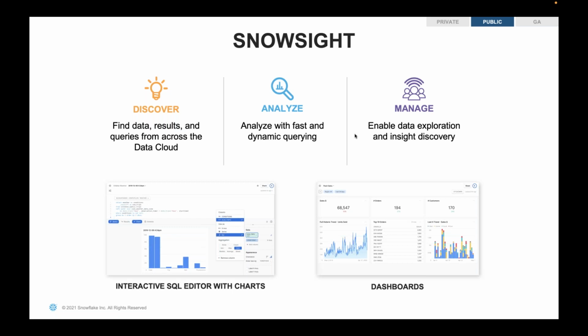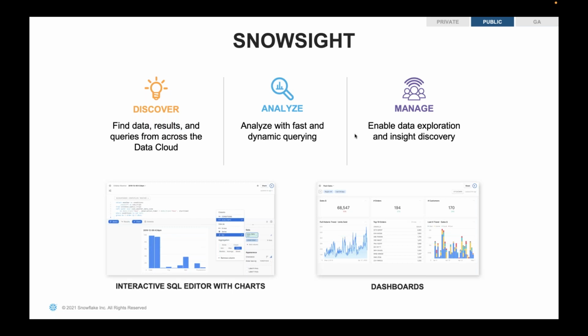You don't have to worry about bringing up any of the tools, right? It is free of cost, this own UI. So there are two UIs, which are called the classic UI and Snowsight. Now, what does Snowsight give? Snowsight provides you an interactive way of creating a dashboard on the fly with your data, right?